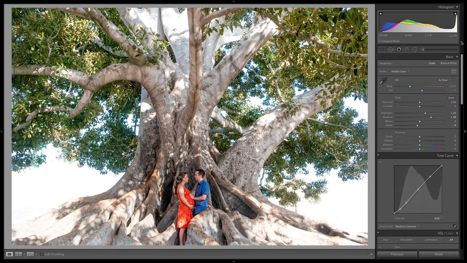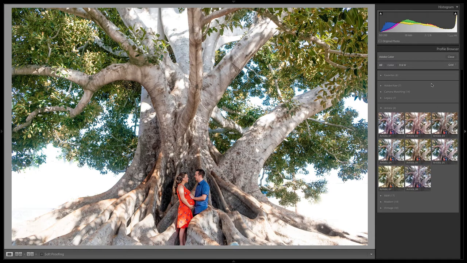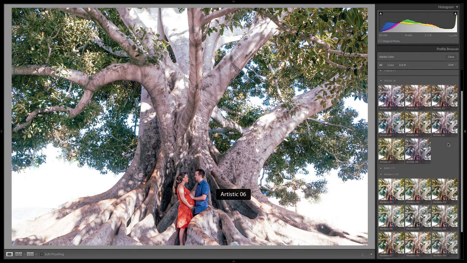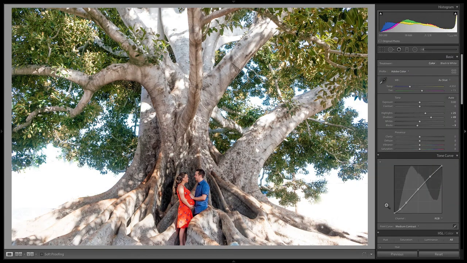Lastly, the thing that you might want to go into, which I haven't done much of, is into the color profiles. And you might want to see if one of these artistic color filters looks good. This might be something you want to do before you start playing with the colors, but they do have some cool ones here, especially for a colored photo under artistic and under modern. Again, if you haven't played around with these, make sure you watch the lesson that's earlier on in the course about using color profiles.